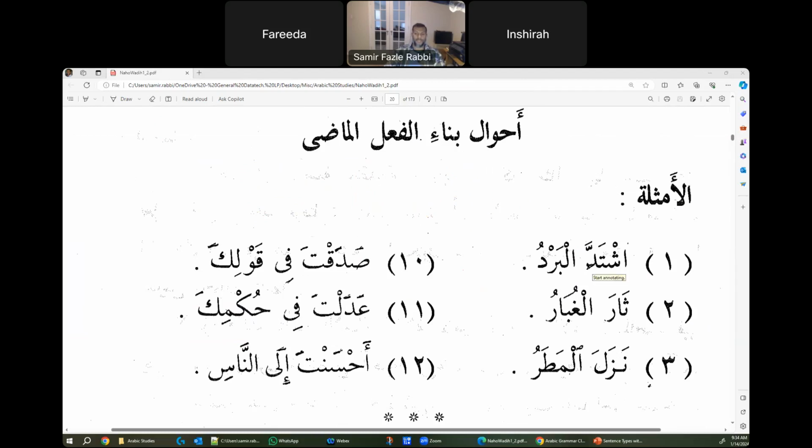Whereas the shadda, once this ashtadda al-bardu is there, I could take this sentence and start putting stuff before and after it. I could put inna before it. I could do whatever I want to it. I could make it a question. If I make it a question, nothing will change this ashtadda. But if it's mudari and it was like yashtaddu al-bardu,